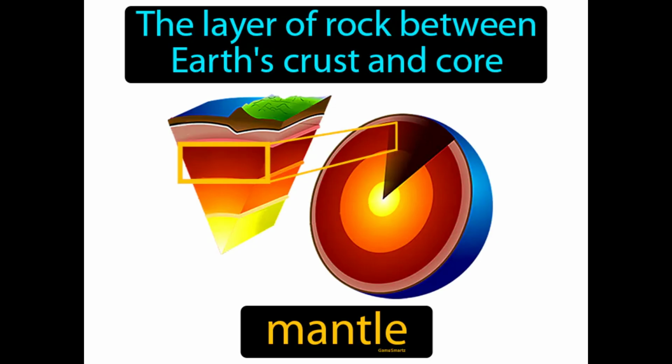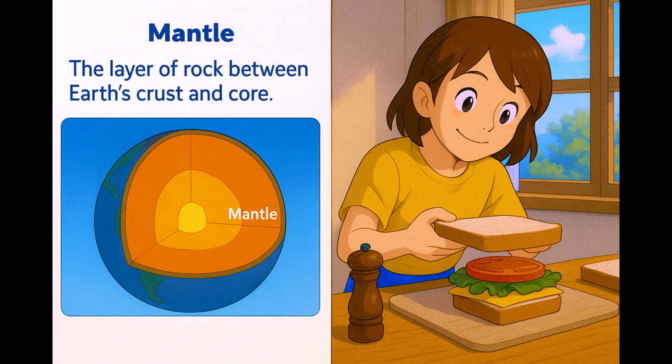The layer of rock between Earth's crust and core. Mantle. The mantle is a thick layer of rock inside Earth that moves slowly and affects how continents and oceans are shaped. Imagine you're trying to find that perfect middle layer in a sandwich that holds everything together without overwhelming the taste. Just like that crucial sandwich layer, the Earth's mantle is the intermediary between the crust, the bread, and